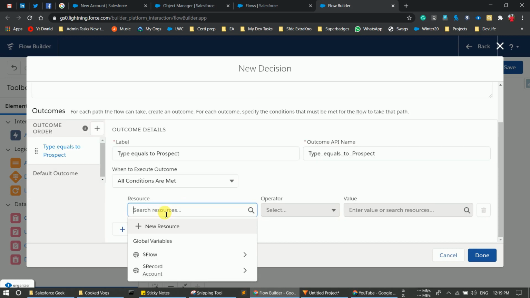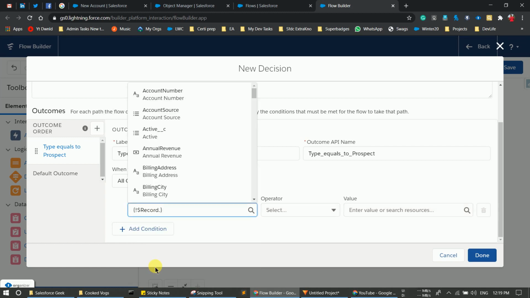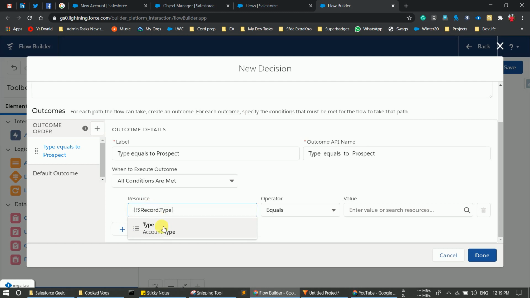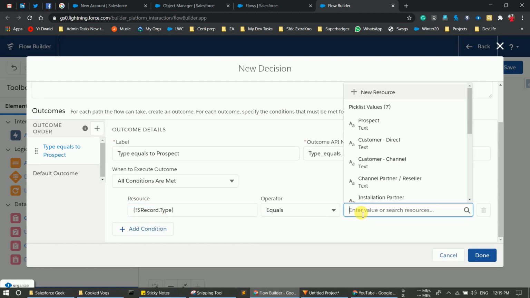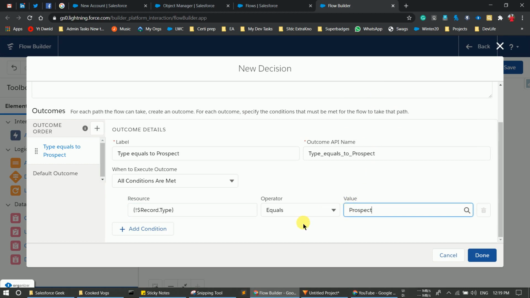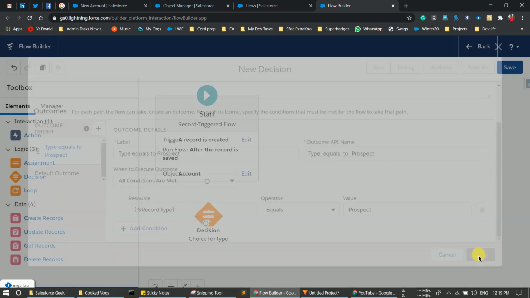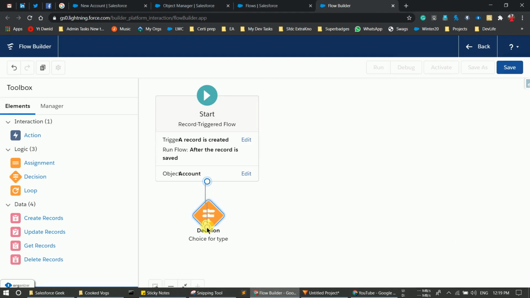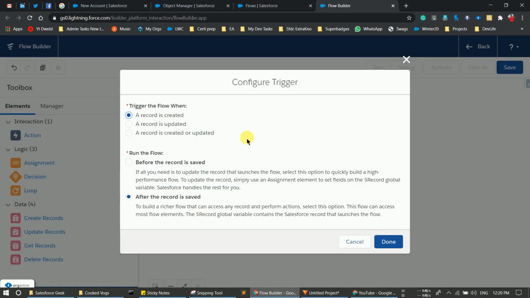Here I have to provide the condition. Again I am going to use the record global variable, and simply type here type equals prospect. Click done, connect the dots, and oops, I did not select when we should trigger the flow. So we are going to trigger the flow when a record is created or updated, and obviously it's a before trigger. So simply select before the record is saved and click done.